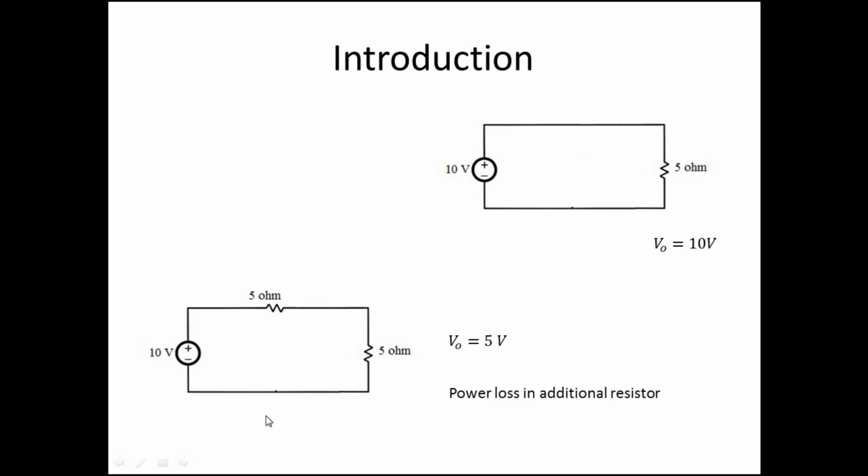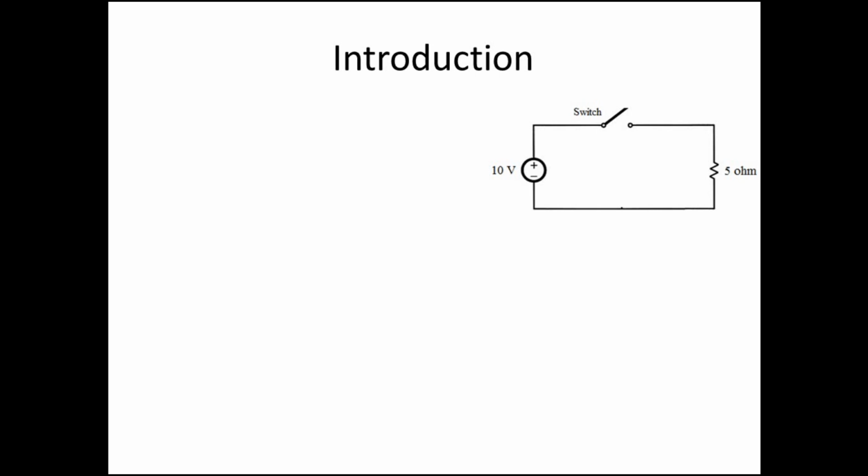So in order to overcome this power loss, let us consider another method. Instead of a resistor, we are using a switch, a simple switch here, and we know that a switch has two modes, either it will be on or off. When the switch is on, the voltage across this resistor will be directly the 10 volt. When it is off, there is no current flow and this is open here, so the voltage will be 0. So when the switch is on, the voltage across 5 ohm is 10 volt. When it is off, the voltage across the 5 ohm is 0 volt.